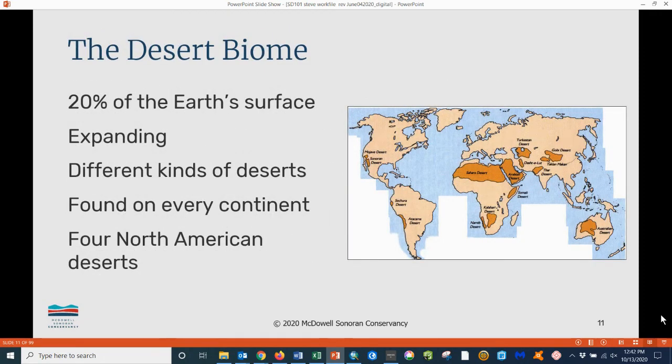These challenges, of course, are not unique to us here. In fact, climate change is making the entire globe, on average, hotter and drier, which means that more areas are becoming desert-like. We may think of Sahara sand dunes when we think of deserts, but in fact there are cold deserts like the Antarctic, coastal deserts, and semi-arid deserts. That's why there are deserts on every continent. Our Sonoran Desert is one of 4 North American deserts. We're joined by the Chihuahuan, the Mojave, and the Great Basin deserts.